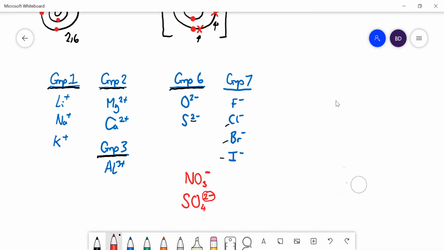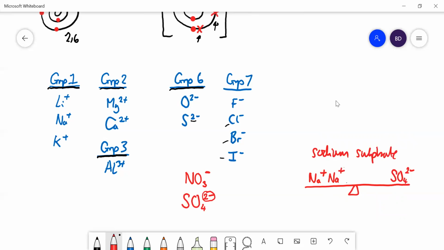Okay, sodium sulfate. Right, so we've got an Na+ there. We've got SO4 2-, and it's the 2 minus there, not the 4, that's the minus. So we're heavy on the negative side of the seesaw, so we need to put another positive sodium there. So the formula of sodium sulfate is Na2SO4. Okay,